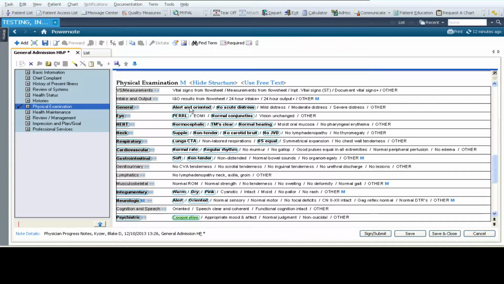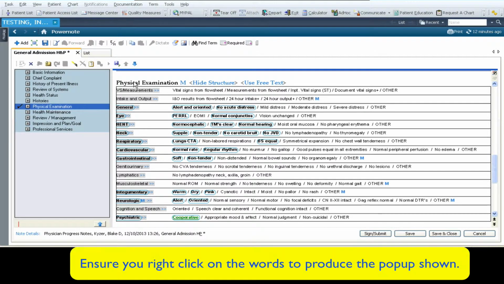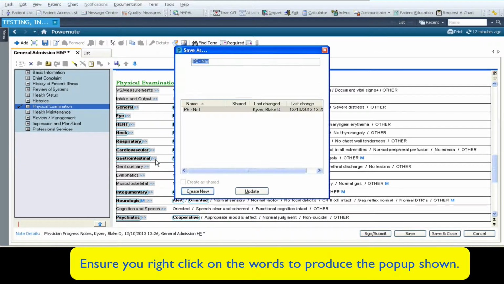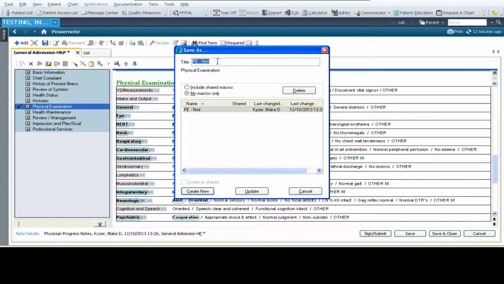the next step that I'm going to do, since this spans multiple sentences, is I'm going to go to the next level up, which is the paragraph. So from the paragraph, I'm going to right click on the word, then choose Save Macro As. I'll be prompted with a particular Save As box, and in there I can give this the name that I want. So I'm going to call this Physical Exam